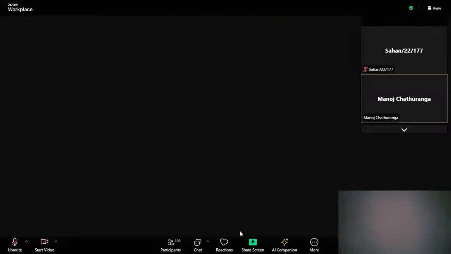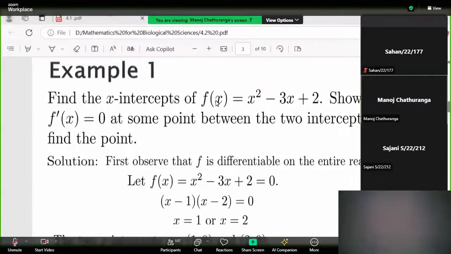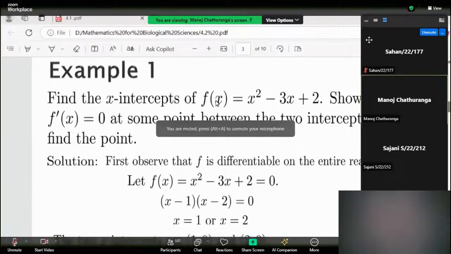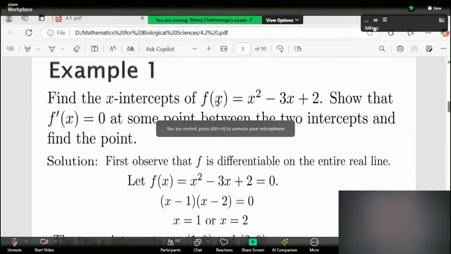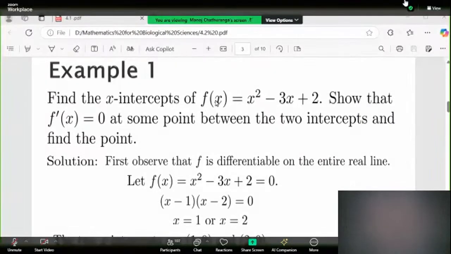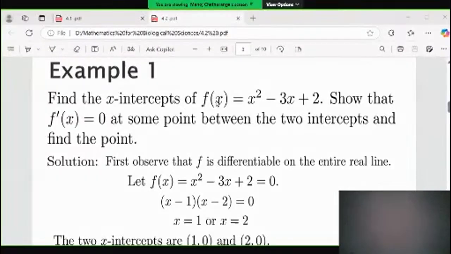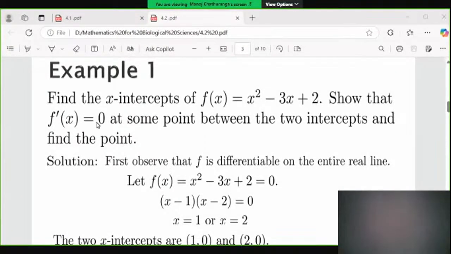That means it meets the x-axis. Intercept means the point where it meets this coordinate axis, the x-axis. So they ask us to find the x-intercepts and show that the derivative is 0 at some point between the intercepts